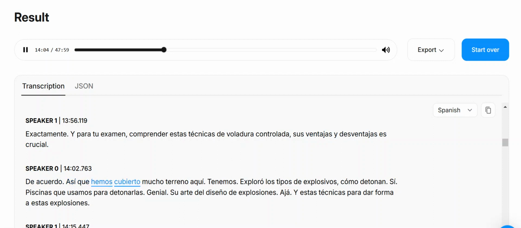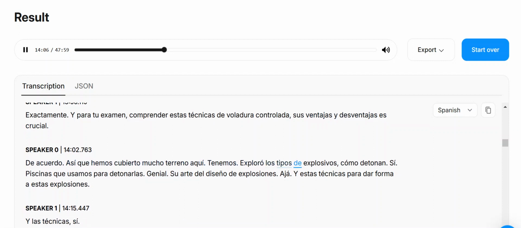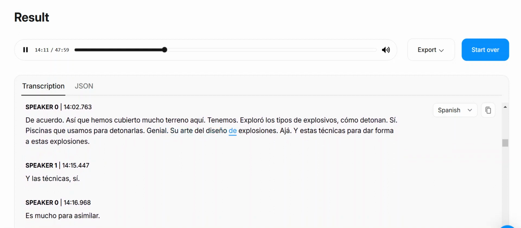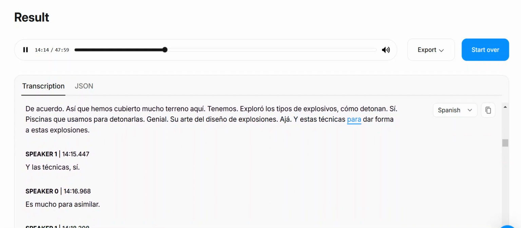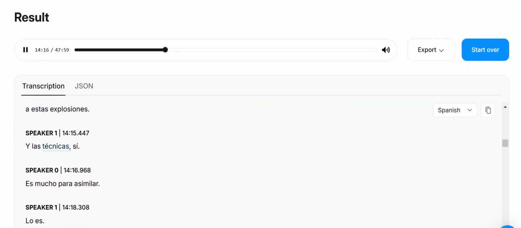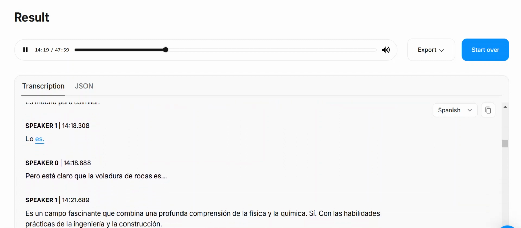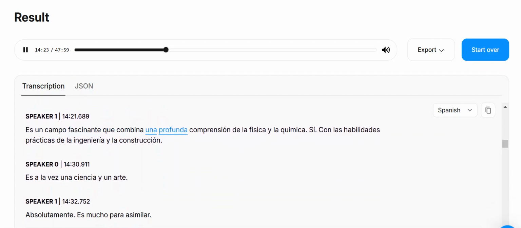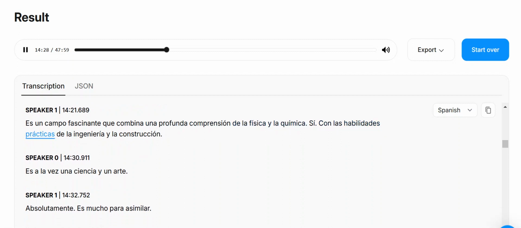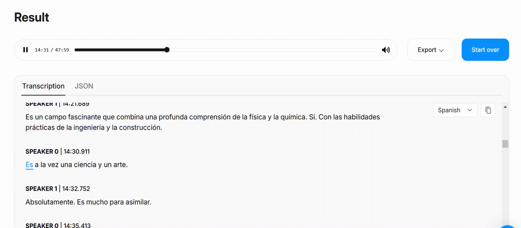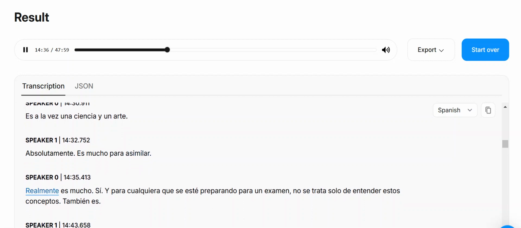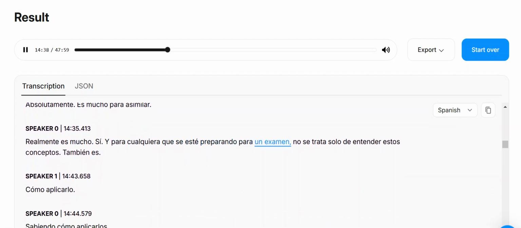So we've covered a lot of ground here. We've explored the types of explosives, how they detonate, the tools we use to set them off, the art of blast design, and these techniques for shaping these blasts. It's a lot to take in, but it's clear that rock blasting is a fascinating field that combines a deep understanding of physics and chemistry with the practical skills of engineering and construction. It's both a science and an art. Absolutely. It really is a lot. And for anyone prepping for an exam,